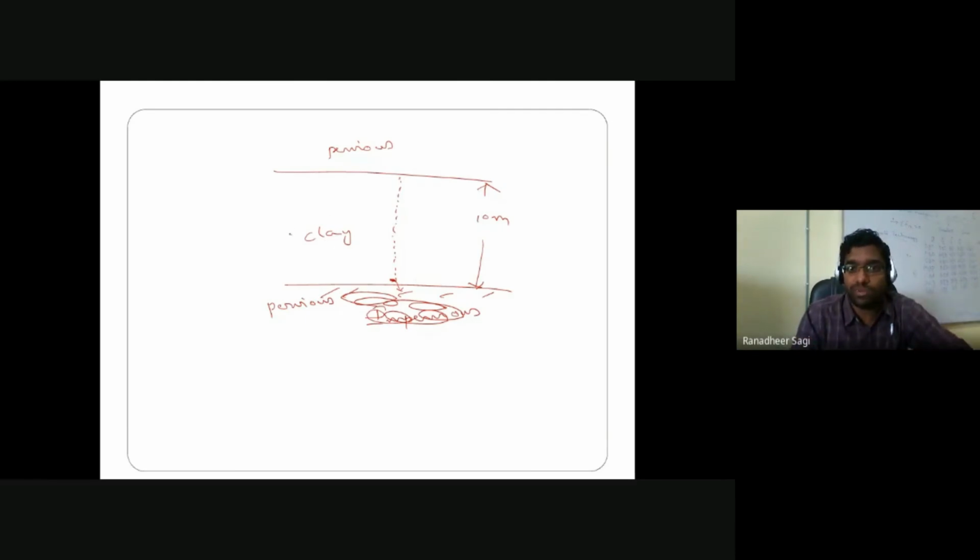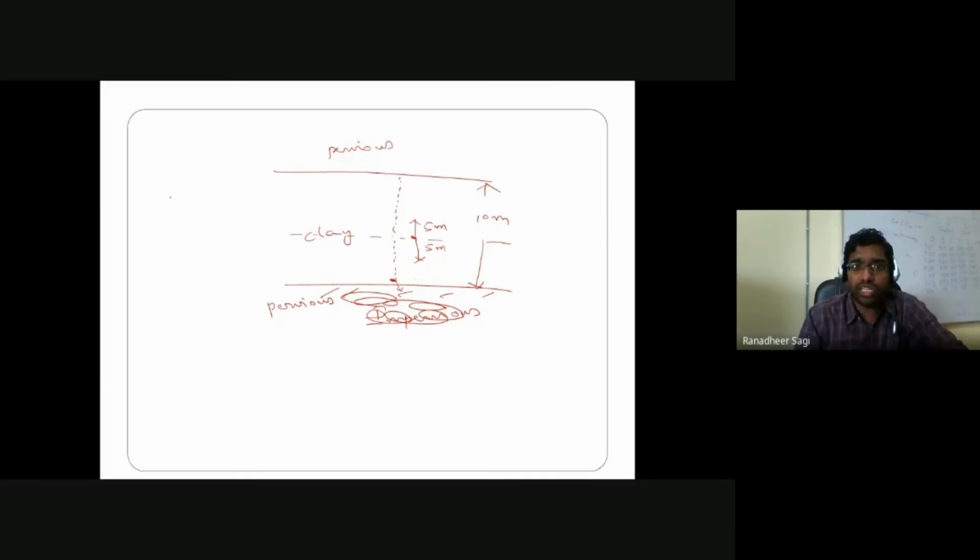So the maximum distance your water particle would travel is from the center of your clay layer. So the water particle in the center should at most travel a distance of 5 meters, either in the upward direction or in the downward direction. Earlier, the water particle was required to travel a maximum distance in the shortest path of 10 meters. But in this case, it has now come down to only 5 meters. Why? You improved your drainage condition. By improving the drainage condition, your water particles are easily getting drained out of the soil sample. Okay, this is one I understood.